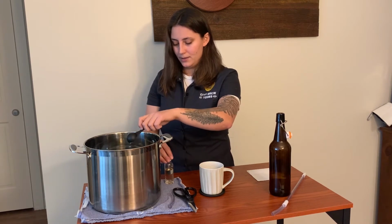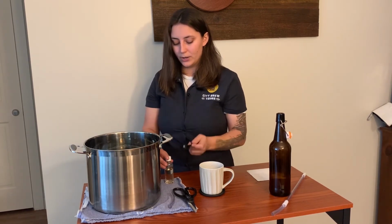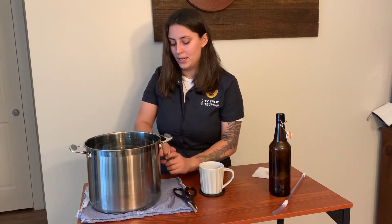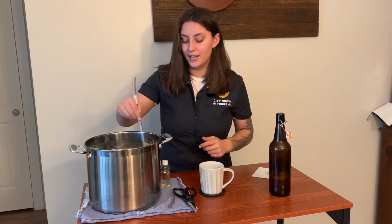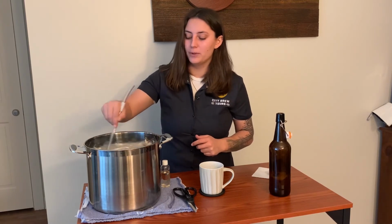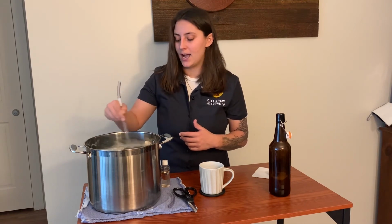Okay, and once you've done that, we are going to take the bottle filler and stir that up. If you took one of our live homebrew classes, you may have noticed that we do not fear the foam here, okay? So you want to get a little bit of that foam going just to make sure that it's all nice and stirred in, that the sanitizer is activating and all that jazz. All right,